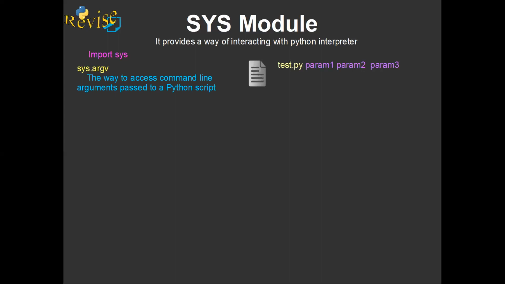Like this is your Python file. You pass it param1, param2, param3. Then they are available to you as a list. First is the file name, then all the params. So you pass to the main method sys.argv sliced from one, that is from param1, param2,